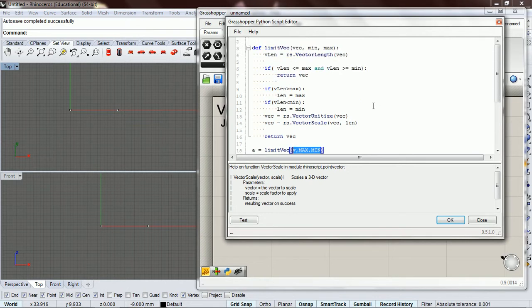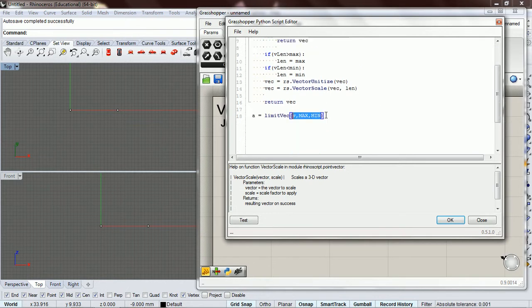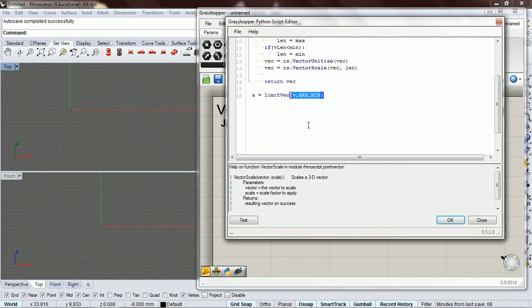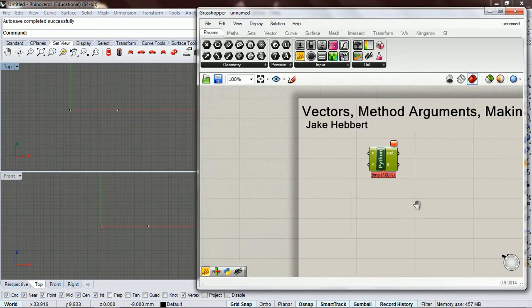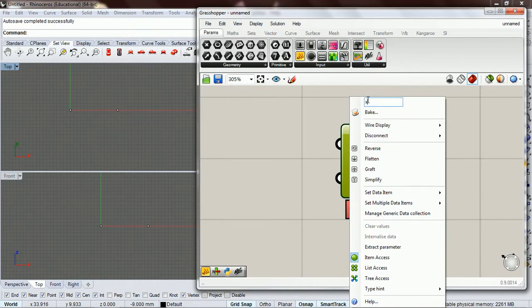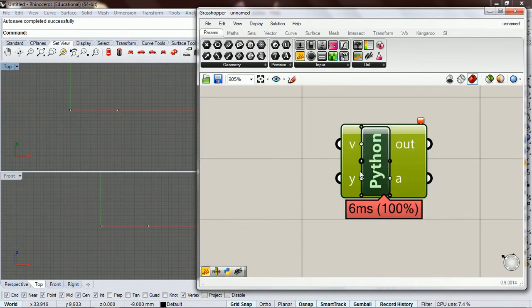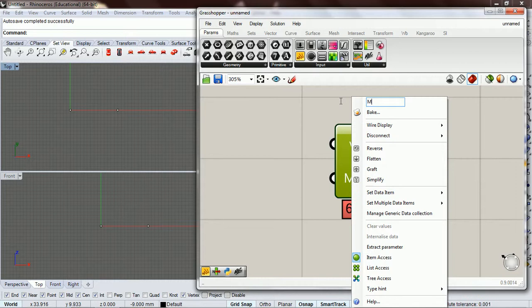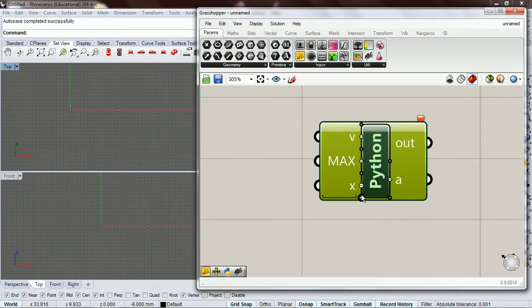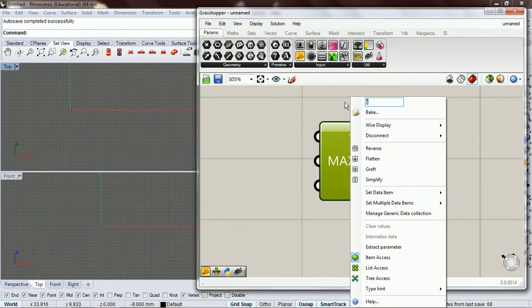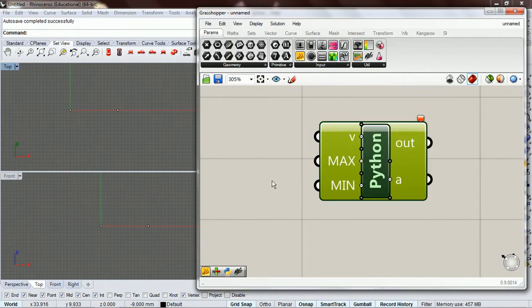You could use vec, min, and max, but just for demonstration purposes, I'm doing that. So that's okay. V max min